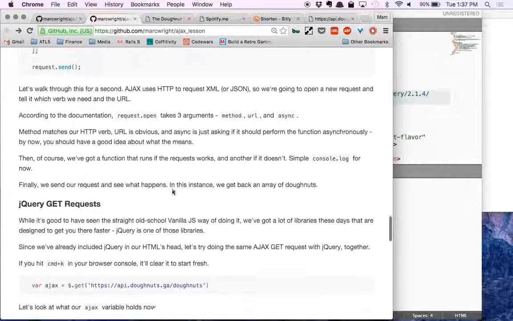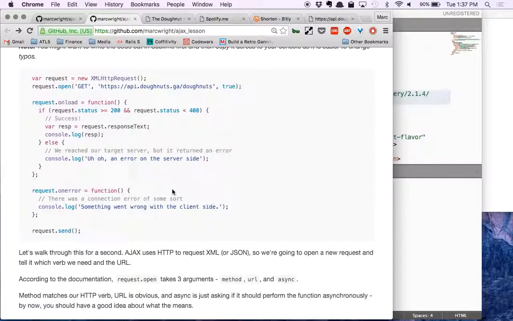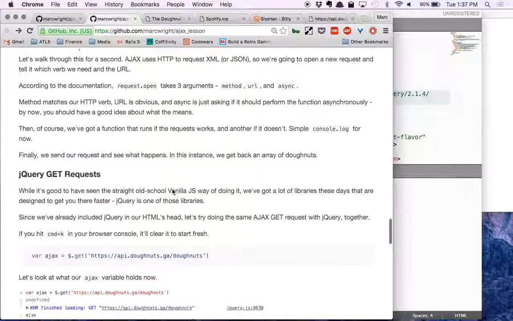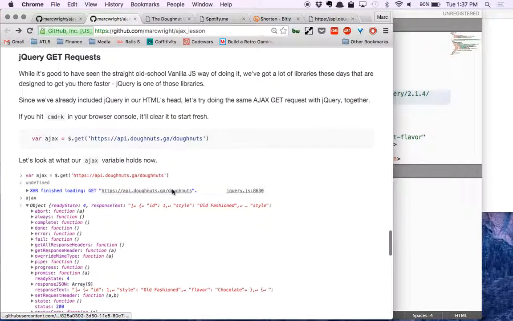Cool. So that is the vanilla JavaScript. This is what's going on under the hood when we use jQuery, our best buddy, to do the same thing. So if we scroll down, let's look at the jQuery GET requests. It's good to have seen the straight old school vanilla JavaScript way of doing it, but we have a lot of libraries and Ruby gems and such to accomplish that same thing. We already have jQuery in our HTML file, so let's try using an AJAX jQuery GET request